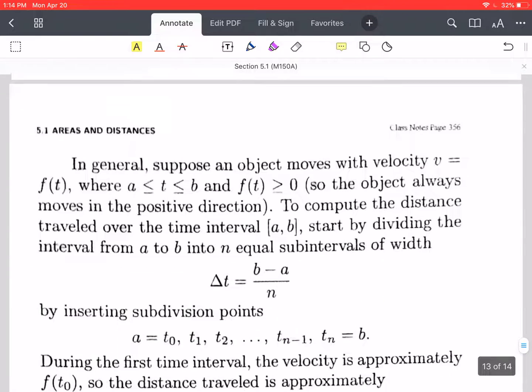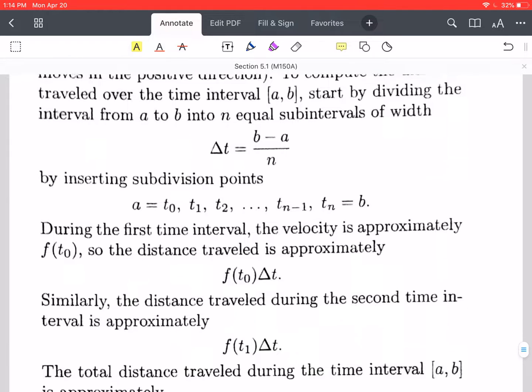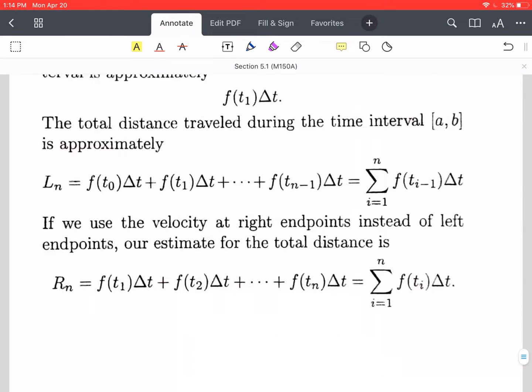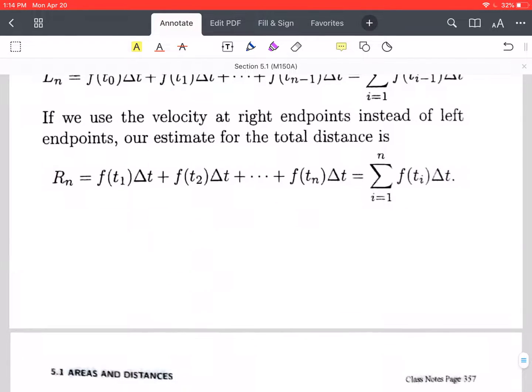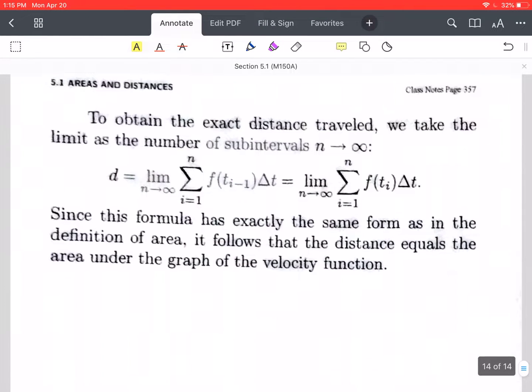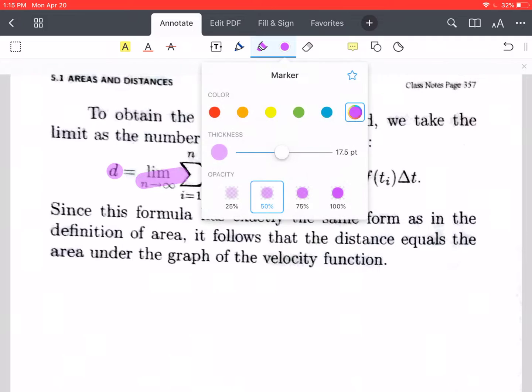Okay. So here they go through the same thing we talked about earlier, just putting it in the context of time, so everything is in terms of time now, instead of in terms of x values. You can go through and look over this at your own pace, but it really is pretty much the same thing as what we were talking about before. Same thing with the summation notation, right? The limit as the number of rectangles goes towards infinity, in this case, is going to give us distance instead of area, but it really